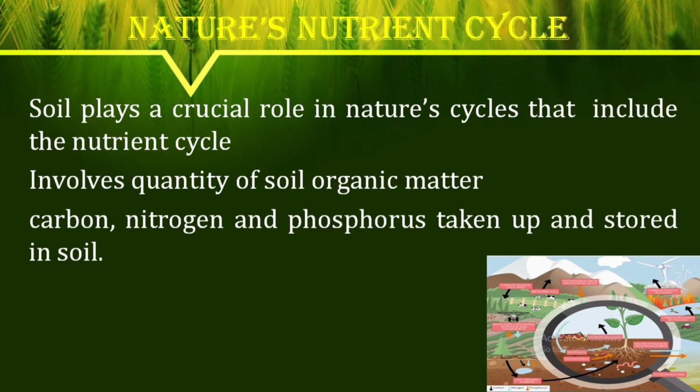Organic compounds such as leaves and root tips are broken down to simpler compounds by organisms living in soil before they can be used by plants. Some soil bacteria convert atmospheric nitrogen into mineral nitrogen, which is essential for plant growth. Fertilizers introduce nitrogen and phosphates to induce plant growth, but not all amounts are taken up by plants. The excess can enter rivers and lakes and affect life in these water ecosystems.